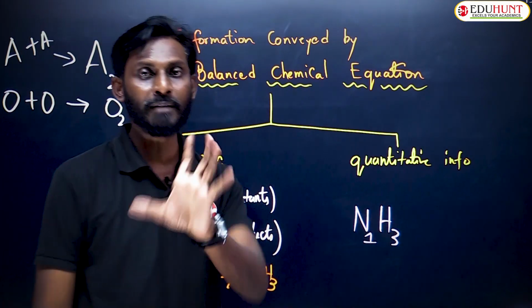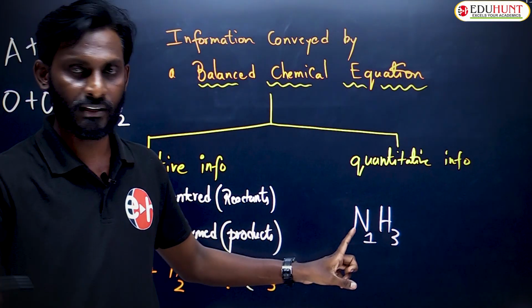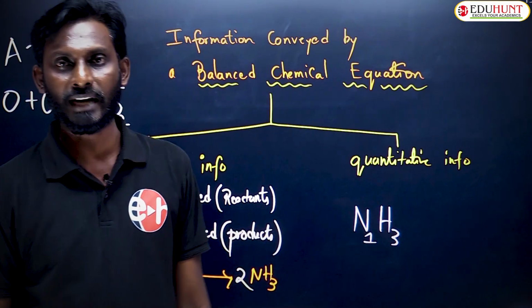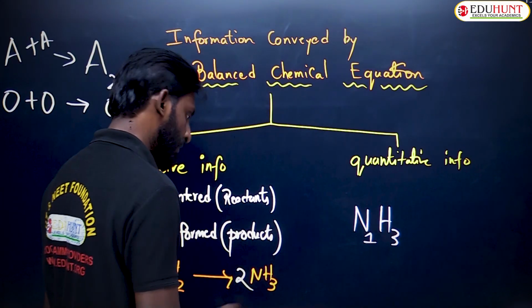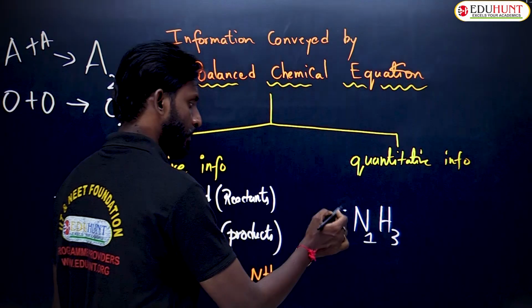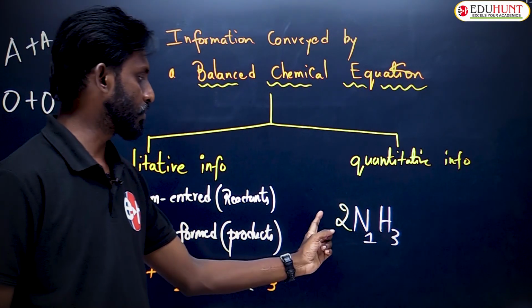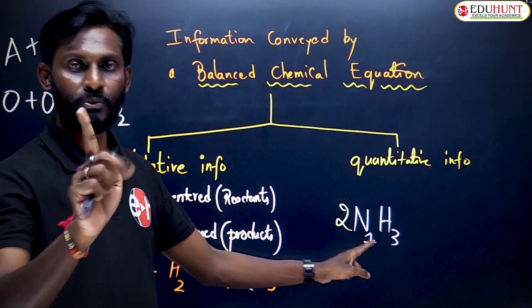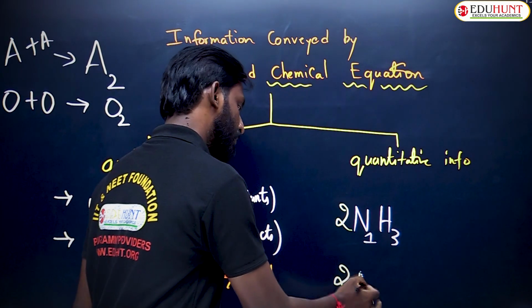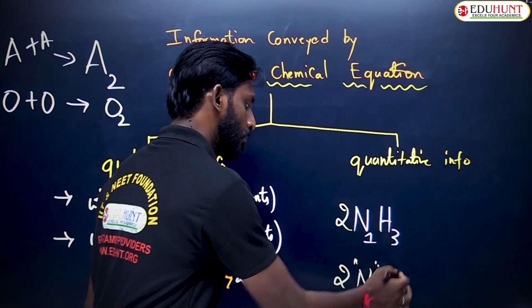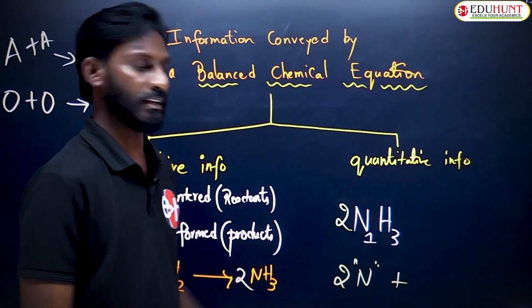That means in this one molecule, 1 nitrogen and 3 hydrogen atoms. But if you put a coefficient in front of this, like 2, now how to count the nitrogen atoms? 2 into 1, 2 nitrogen atoms, plus 2 into 3,